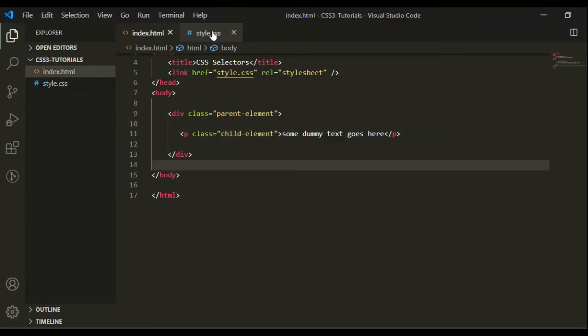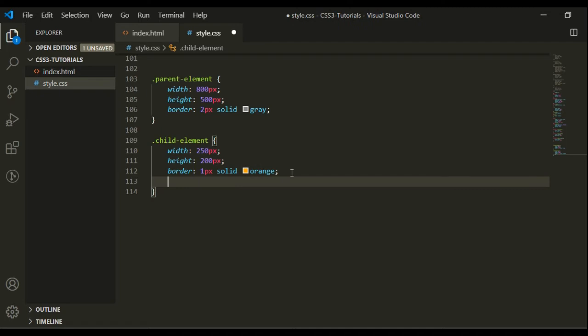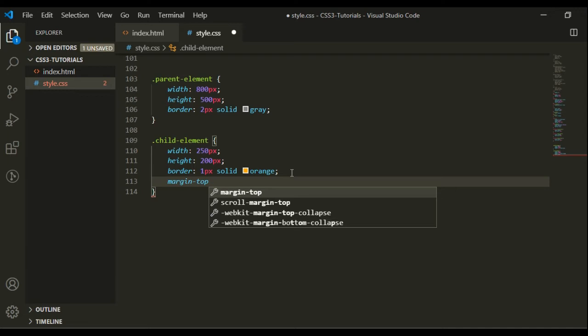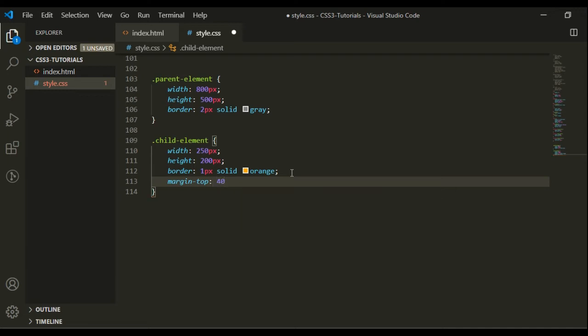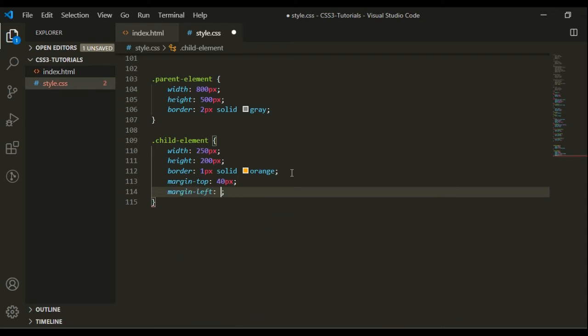Then I will use the margin for that. This is my child element which I want to move. Now I will give margin top 40 pixel and margin left 40 pixel.